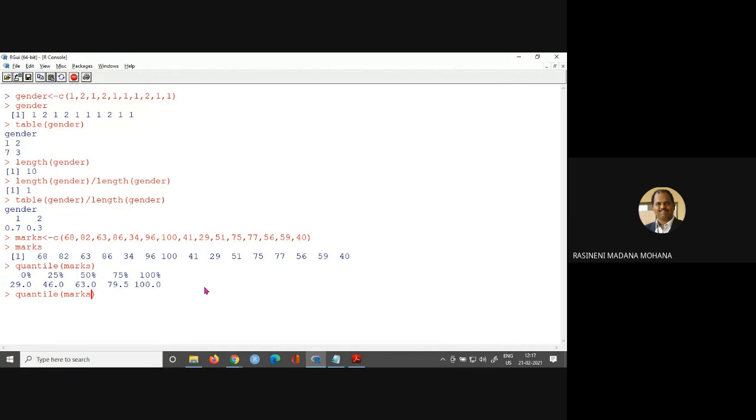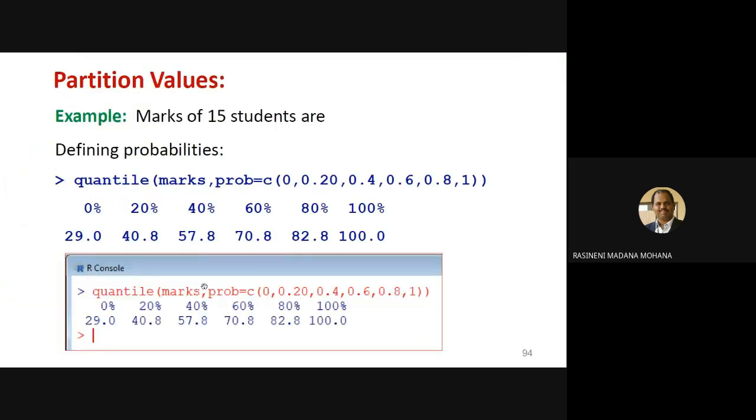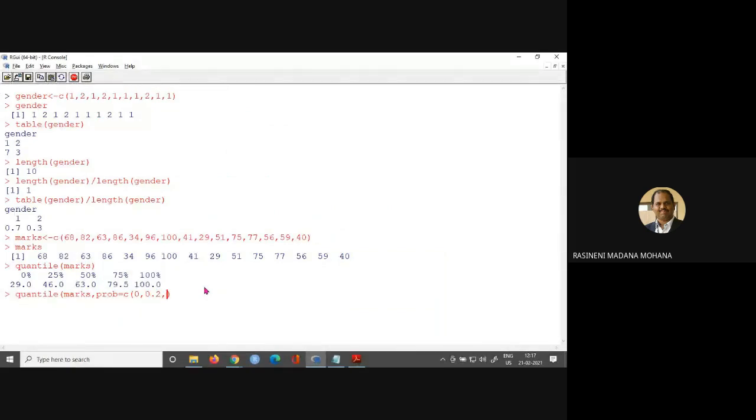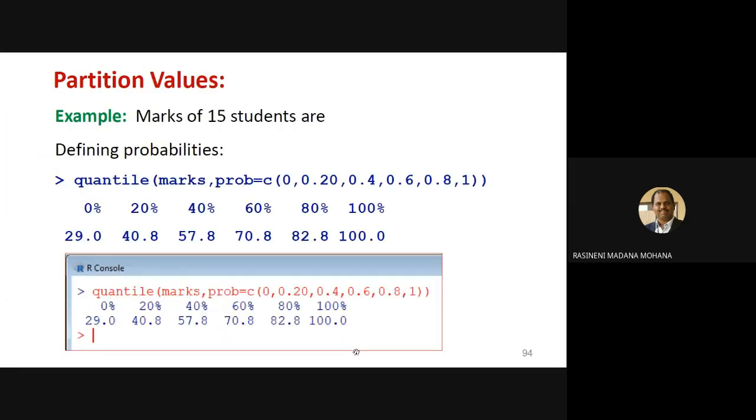Marks and probs equal to c of, now you can give like this. Suppose I want 0, next 0.2, 0.3, then 0.8, then 0.9, then 1. Now you can see, whatever probabilities you give, the data can be decomposed into that number of partitions. Here 0, 20, 30, 80, 90, 100. Like that the partition will be done.